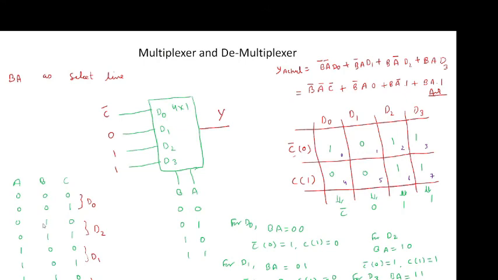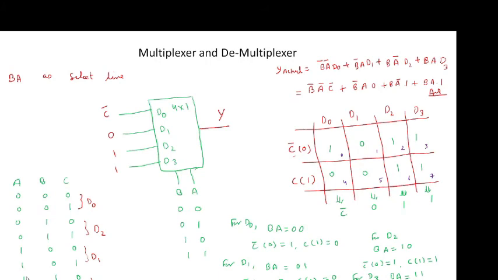It lies on line 2 and line 2 is there, so I will write 1 for C bar. Now for BA 1, 0, it lies on line 3 and C is equal to 1 means C. Here line 3 is again in the expression, so I will write 1.